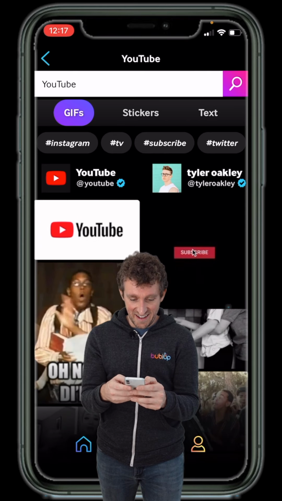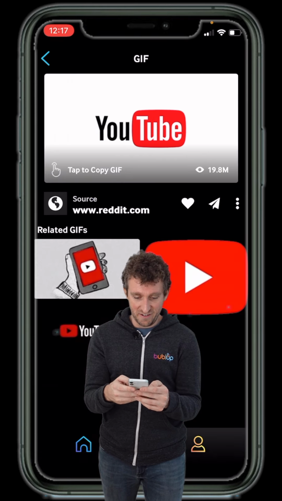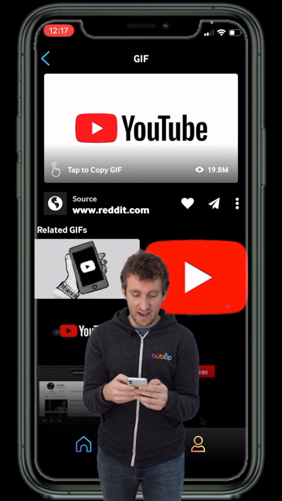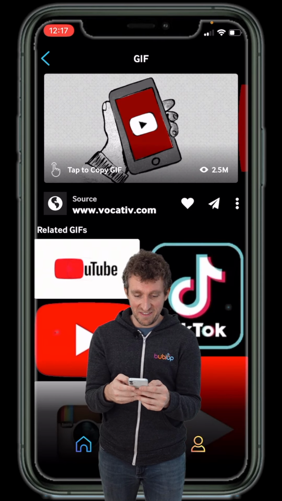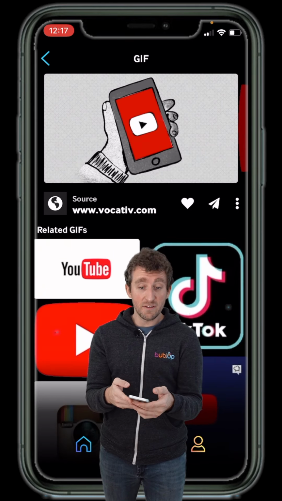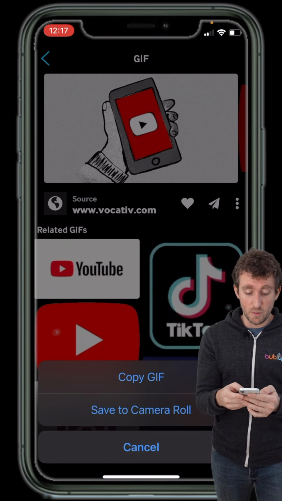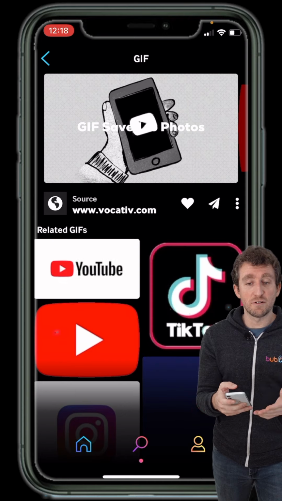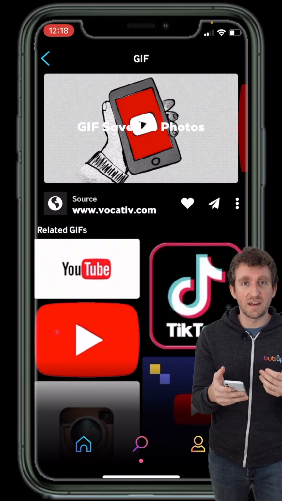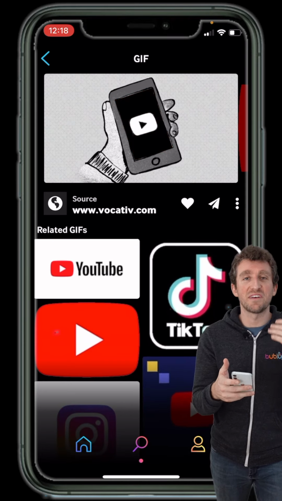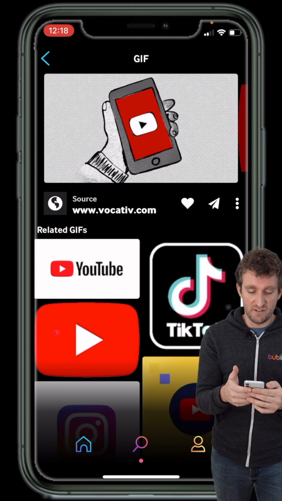That's cool. That top left one, that's actually awesome. So I want to make mine look like that. Actually, no, I want to make it look like the hand with that. So all you got to do here is long press on the GIF, save to camera roll, and now it's saved inside your camera roll. This is iPhone, so you can do a similar thing with Android to save it into your Google Photos. All right, so you save it there.